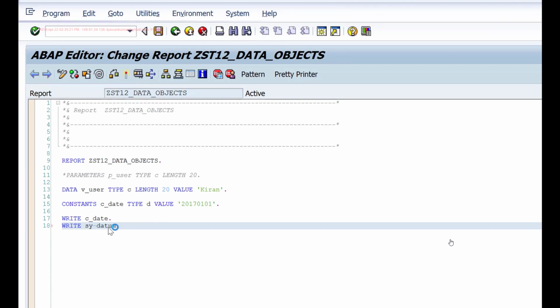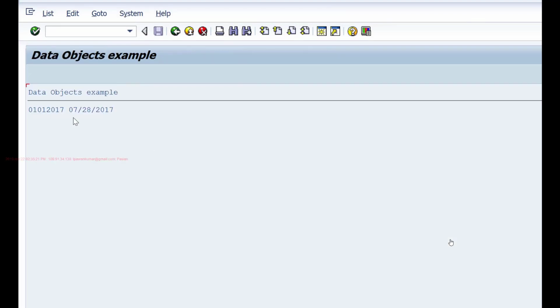The length is 8 but output length is 10, whereas the predefined type D has both length and output length as 8. So for this case, it should print with separators. Here, if you see, it is printing with separators. My format is mm/dd/yyyy. So in this case, it could accommodate the separators, whereas in the other case, it could not, so it ignored them.